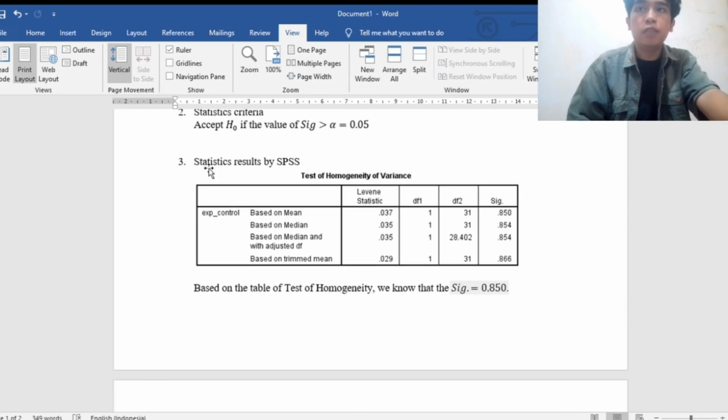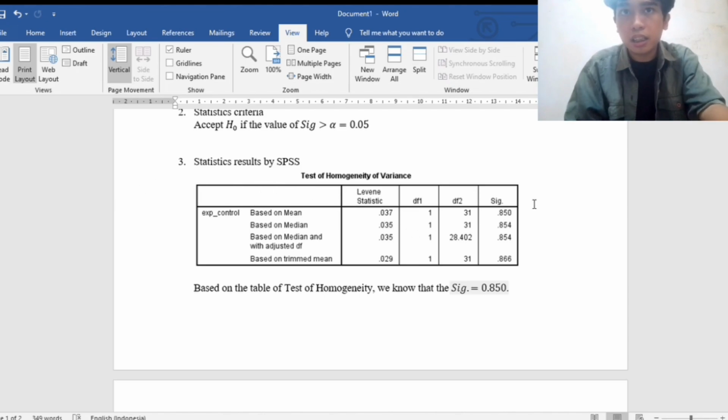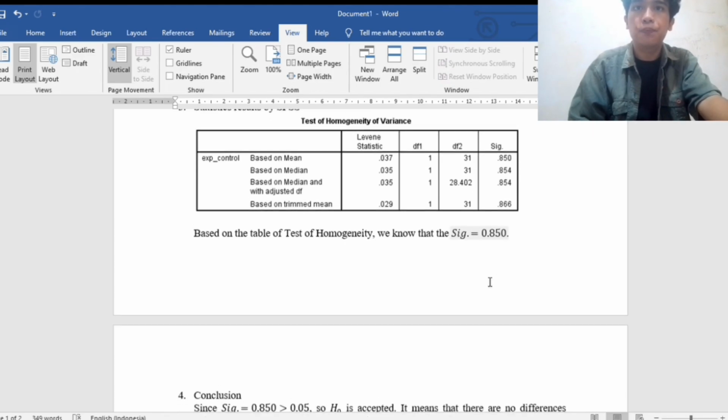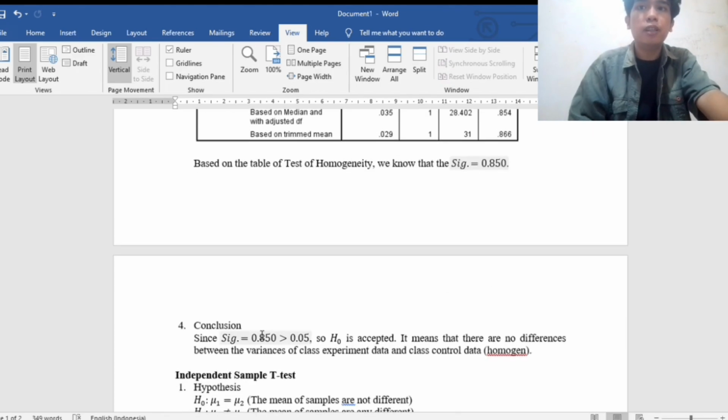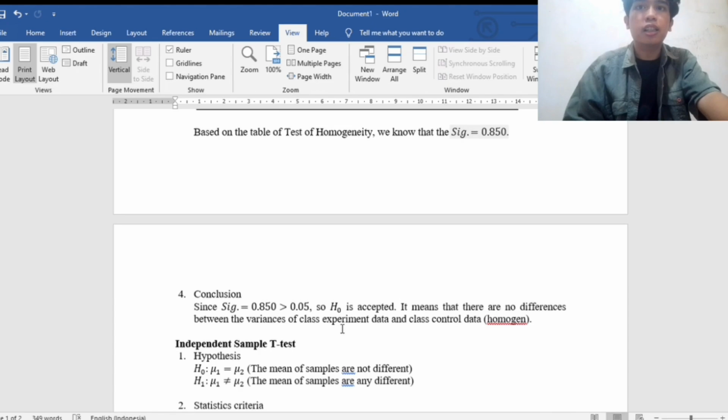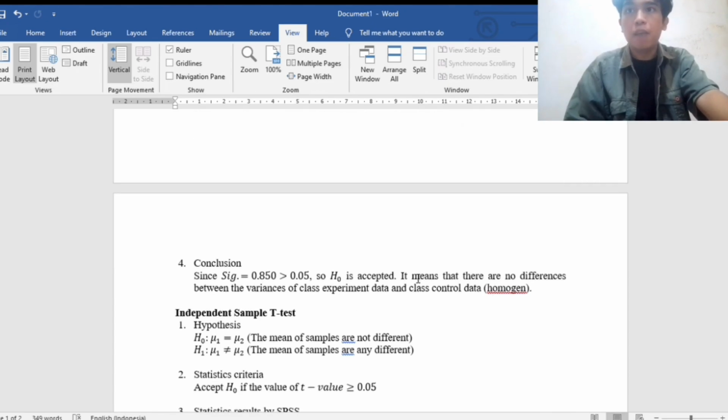Here we have the statistic results by SPSS of the test of homogeneity of variance. We would like to see the significance value based on mean. We have that the significance value is 0.850. For the conclusion, since the significance value is 0.850, it is greater than the alpha value of 0.05, so H0 is accepted. It means that there is no difference between the variance of the class experiment data and class control data,